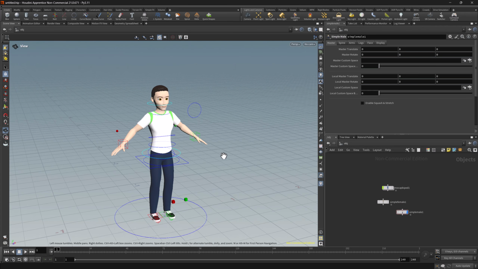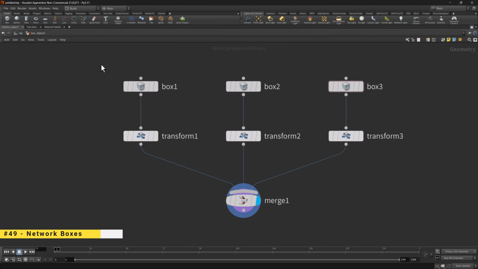And so in this way, we can simply click on a category to restrict the search. Network boxes allow you to group nodes together. They allow you to highlight a group of nodes. You can even color the network box. And what's great is you can minimize the network box with a bunch of nodes in there to hide parts of the network. Now we can add a network box and then drag the nodes that we want to add to that into the network box,